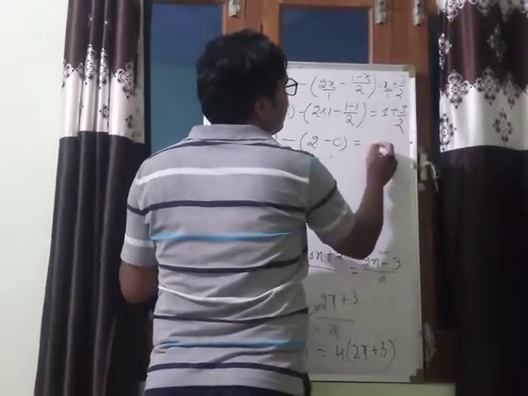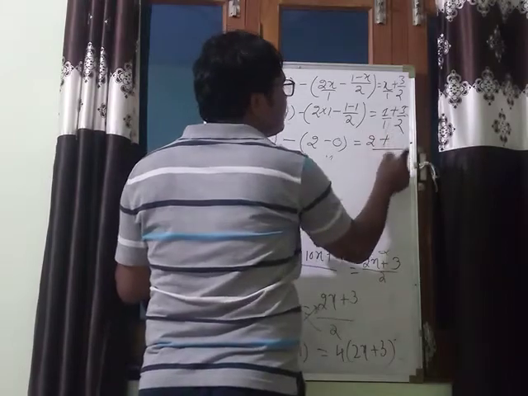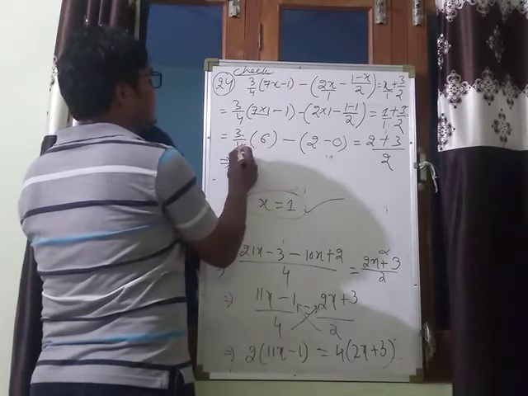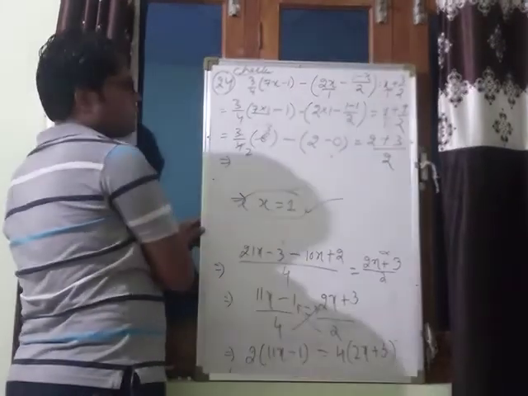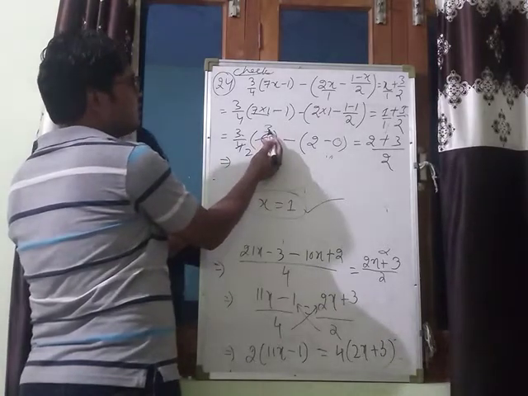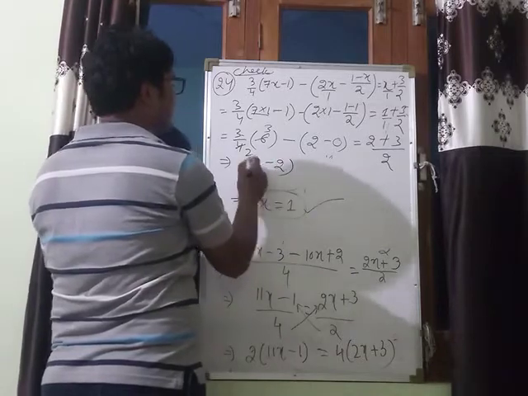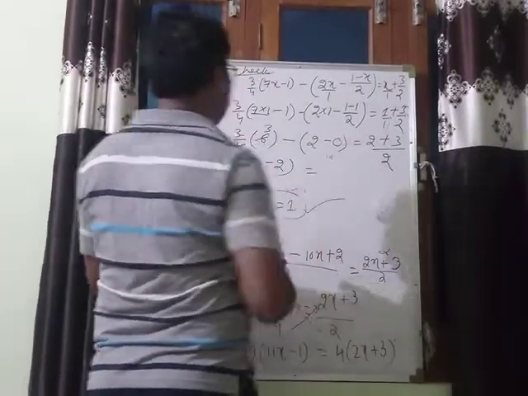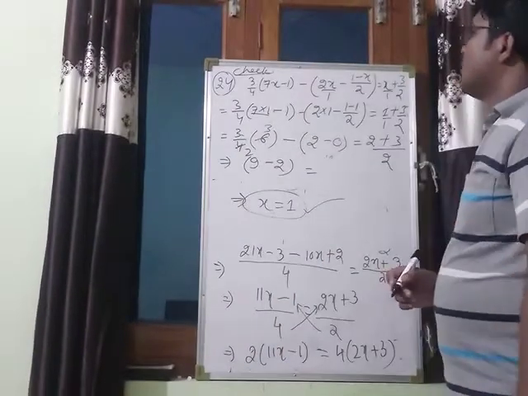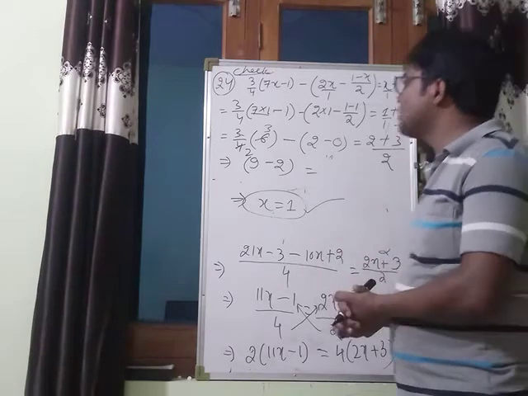That is equal to, here the LCM is 2. So 1 2 is 2, 2 1 is 2, plus 2 1 is 2, 1 3 is 3. So its left side will be 3 6, 2 2 is 4, 2 3 is 6. So here 2 2 is 4 and 2 3 is 6. So its left side is 3 into 3, 9, minus this is 2, and its right side is, something is a mistake there. x is equal to 1 is our answer.